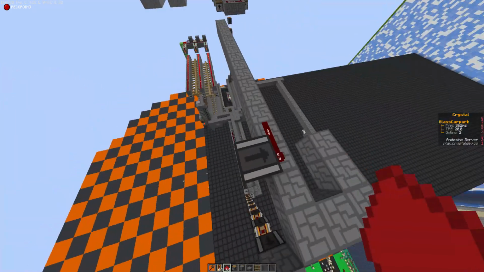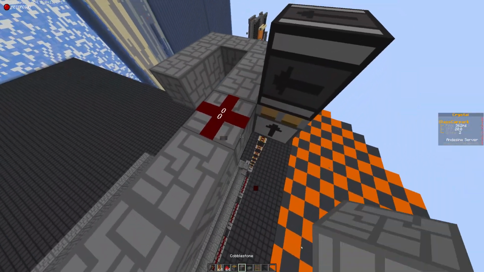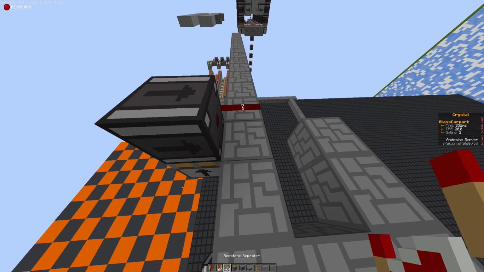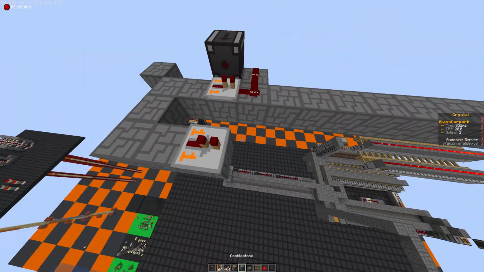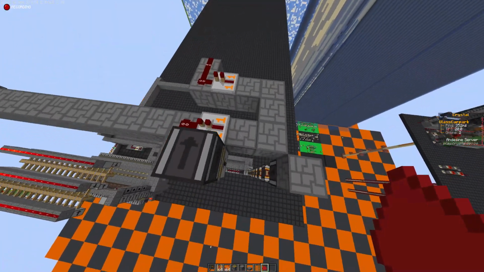Now another thing to keep in mind, because I am using 6 pistons here, it might not reach the end, in which case you can just do this, and that'll give it a bit of extra pulse length if it doesn't reach the end. So what we can do there is we'll put in repeaters. We might just do that for both sides, to be honest, and then just wire it off like that. Anyway,